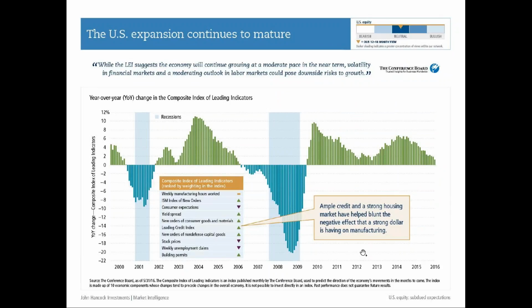Okay. So if there's one chart here that I really want everybody to consider and would encourage you to take a look at, we put this chart out every quarter, it is the leading economic indicators. And what this chart shows, it's produced by the Conference Board, is an indication of the U.S. economy and if it's growing or if it's contracting. It goes back to the 1950s, and it's accurately predicted the last 7 recessions. Now, there is no crystal ball. There is no way of knowing the next recession.